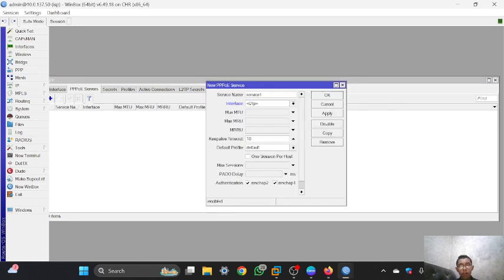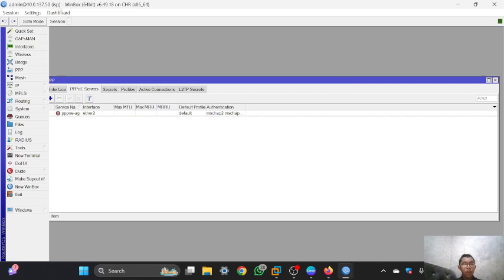And for the service name, I will change it into PPPoE Agi, and the interface is using the Ethernet 2 that connects to the client, and then the rest is default, and then you can click apply.